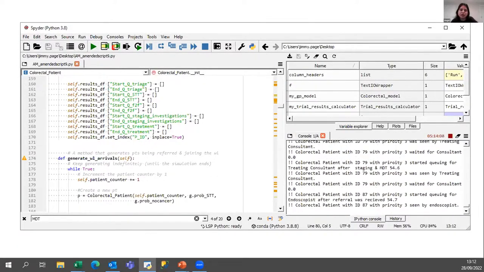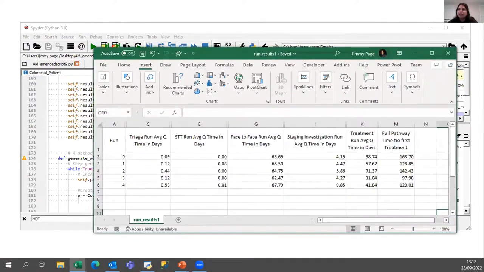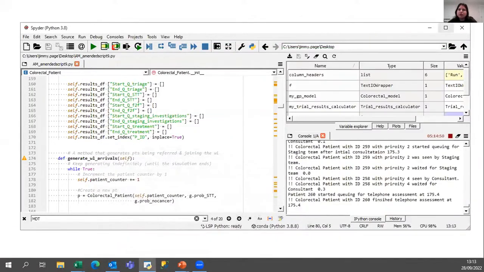While that's running, we've already prepped the CSV file to show the output that was generated from this run. As you can see, these 5 runs show our average time for each stage, from triage to face-to-face, straight to test, staging investigation, time for treatment, and it also shows the full pathway time from the point of referral to treatment. Our average time between these 5 runs varies between 97 days and 168 days. As you can see, it can vary depending on the complexity of the cases and how complex the treatment pathway would be. Now I will hand it over to Jim, who will talk about the challenges we faced during this